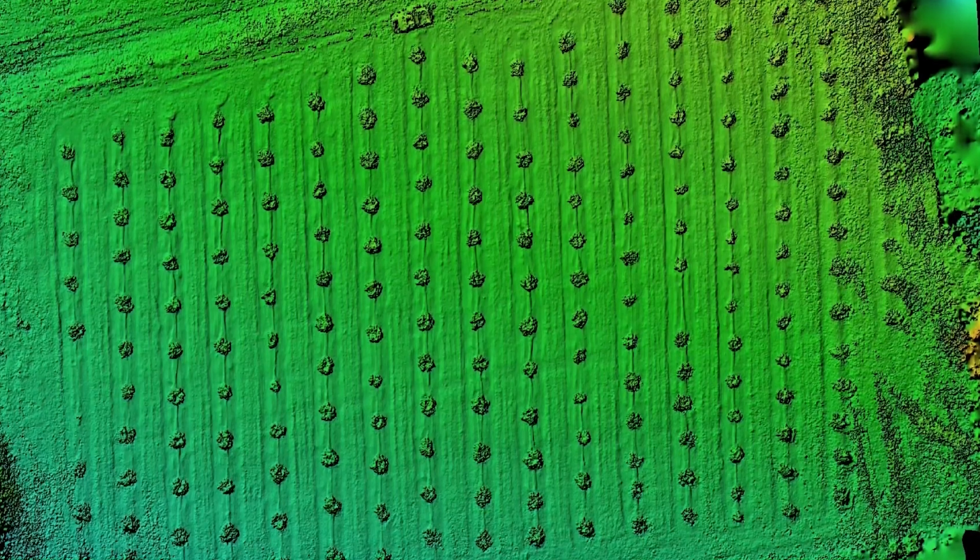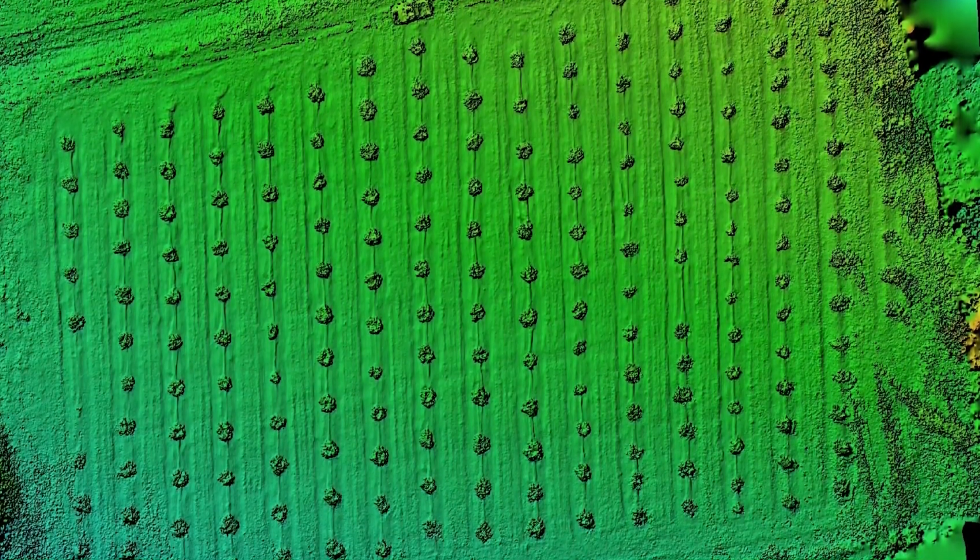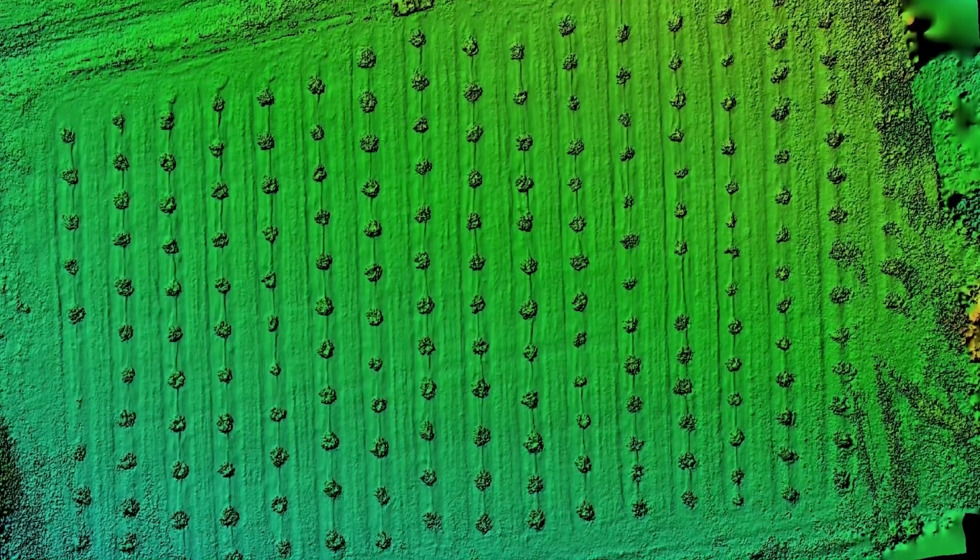Also, the producers will be able to assess the cost of knocking down the berms and better plan for their